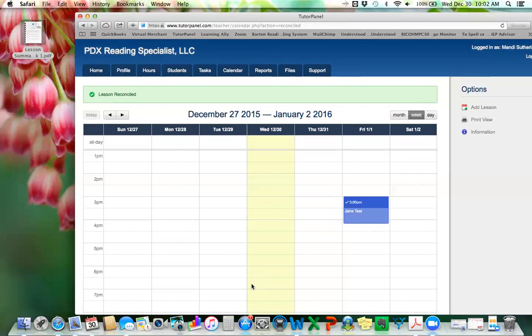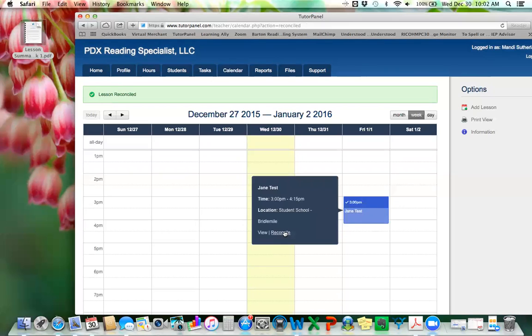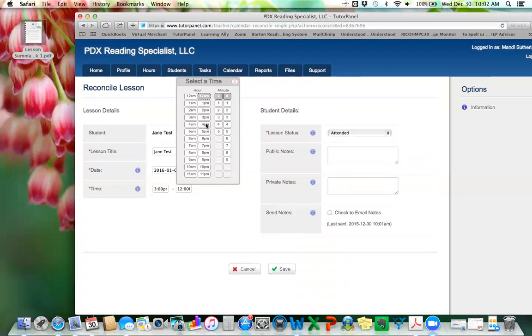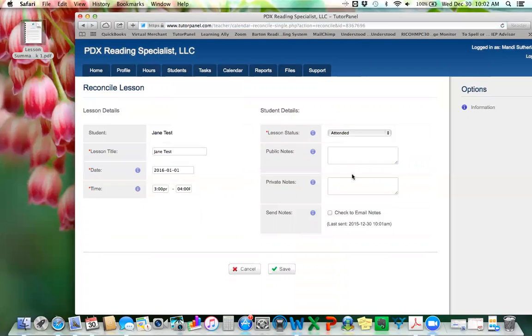So I'm going to go back through another scenario. So say I'm going to go back in here for reconcile. So say this student, I'm going to pull all this information out of here and we're going to start over here. So bear with me for a moment while I reset what you would see once we click back on it. Okay, so this shows that the email notes were sent, but we're going to pretend that